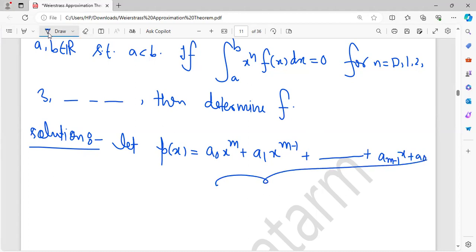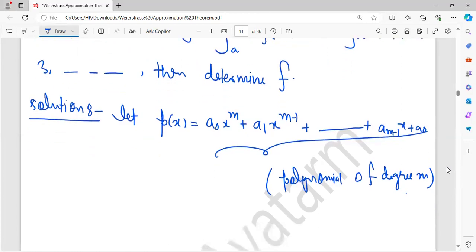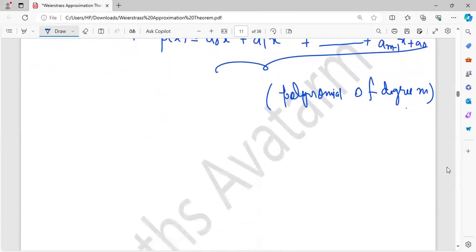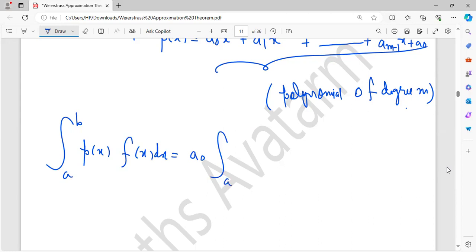This is a polynomial of degree m. Okay. So what about the integral from a to b of p(x) f(x) dx? When you open this, I will get this, because I can write this as